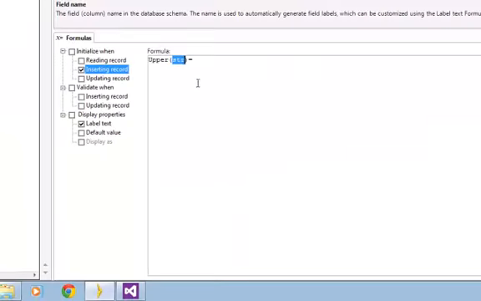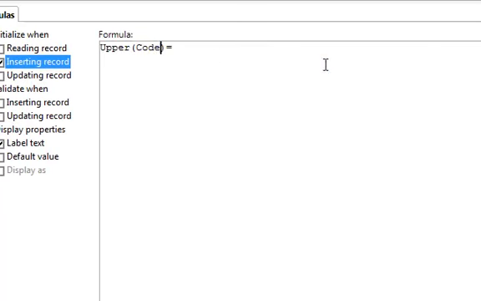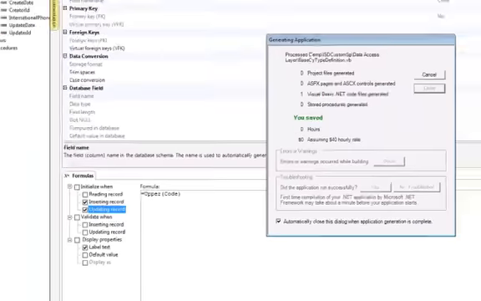As you can see, it's now waiting for us to type in code. So we're saying equals uppercase the code. We can copy that now, and when we are updating we want to do the same thing. If we now build that,